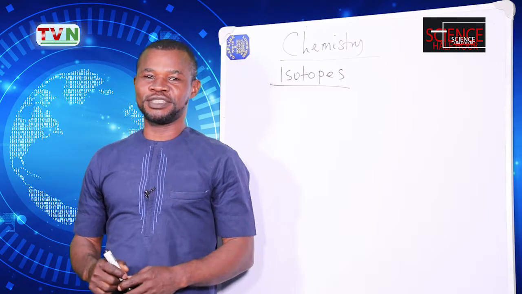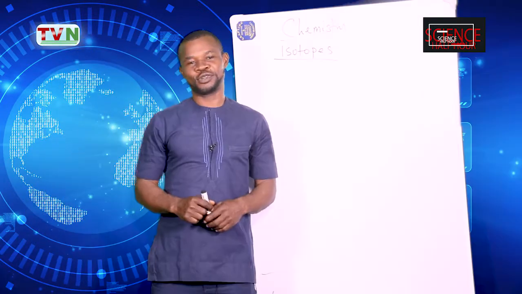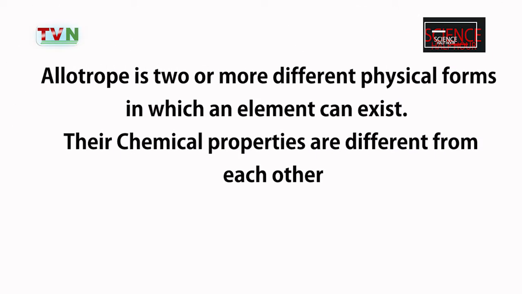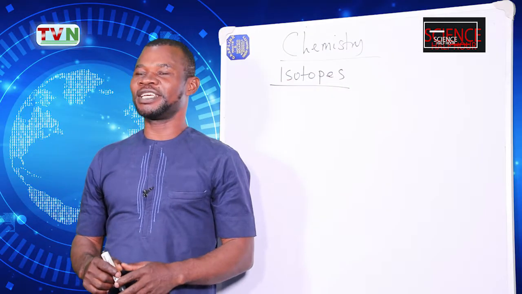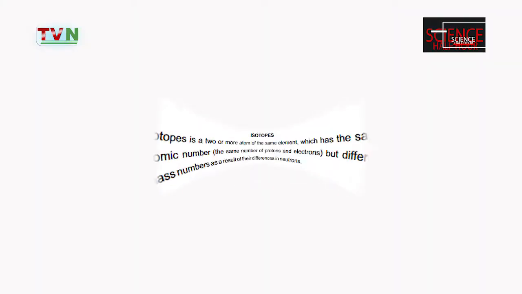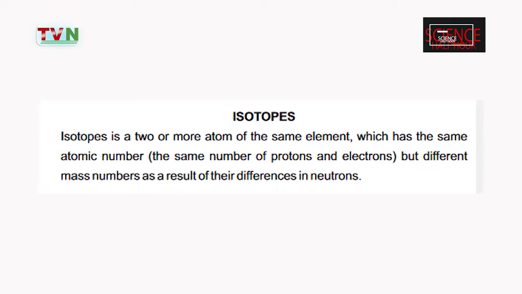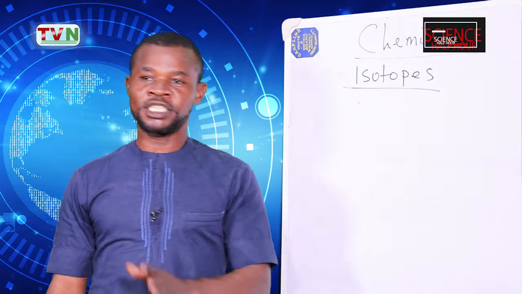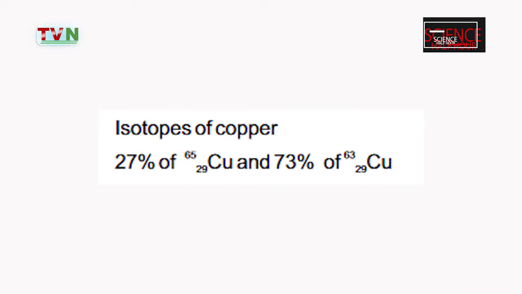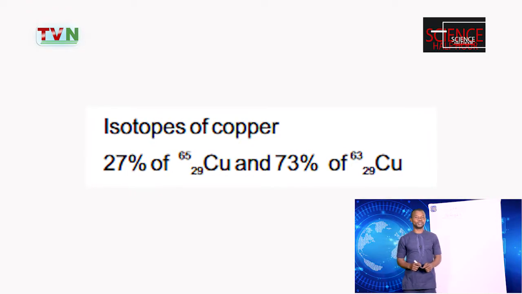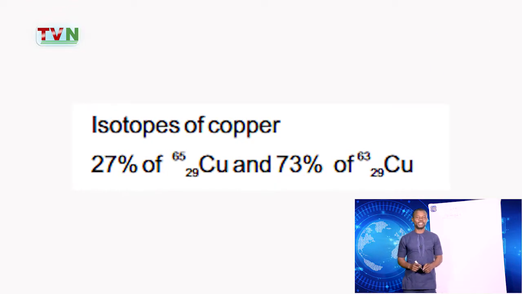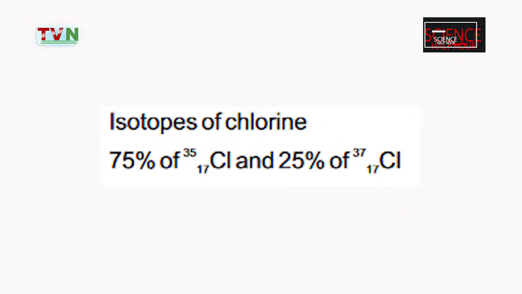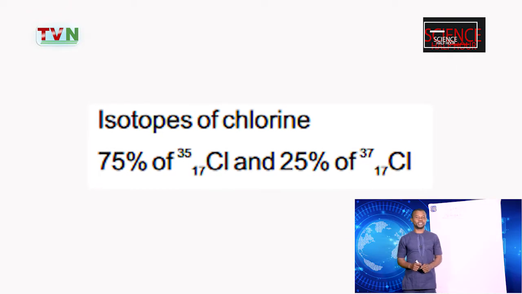Sometimes many people are confused about the difference between isotopes and allotropy. Allotropy only discusses the physical properties of the same element, which have different chemical properties. Isotopes only talk about the difference between the mass numbers of the same element, which have the same atomic numbers. Examples of isotopes are isotopes of copper. Copper has two isotopes, 27% of copper 65, 29 and 73% of copper 63, 29. Isotopes of chlorine. Chlorine has two isotopes, 75% of chlorine